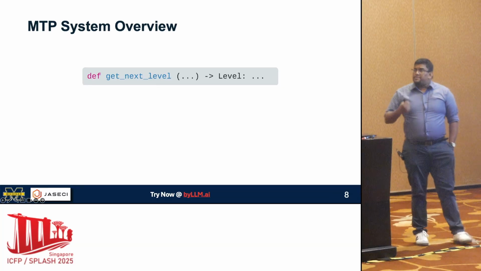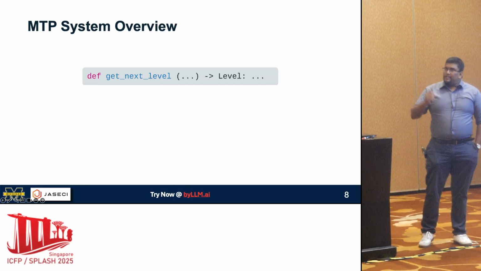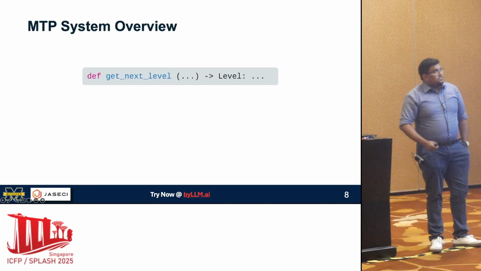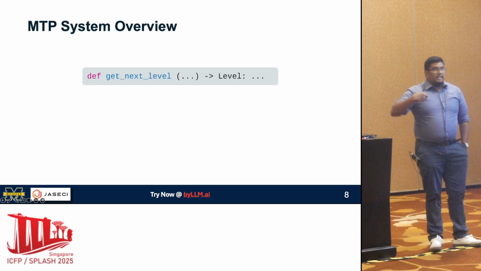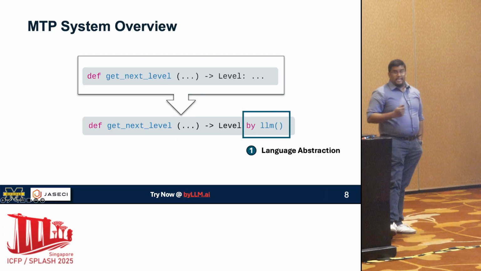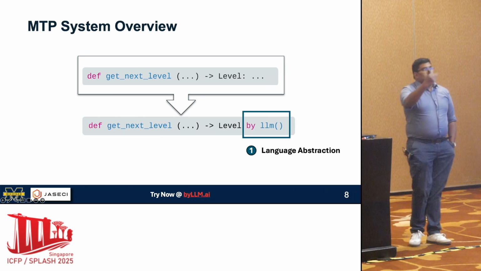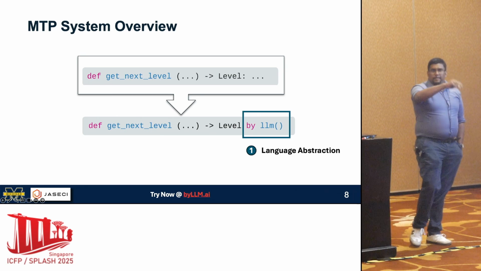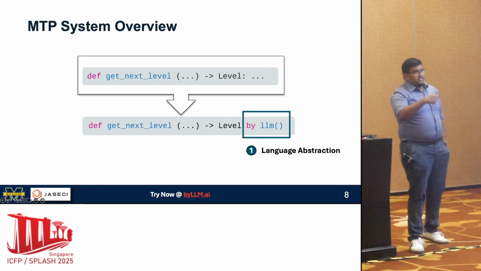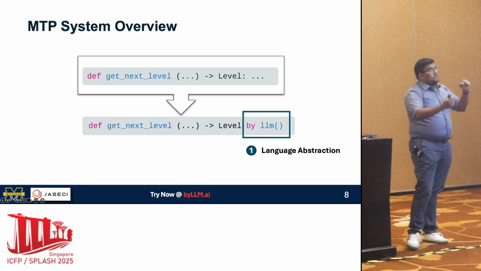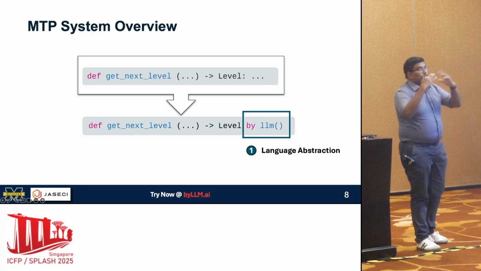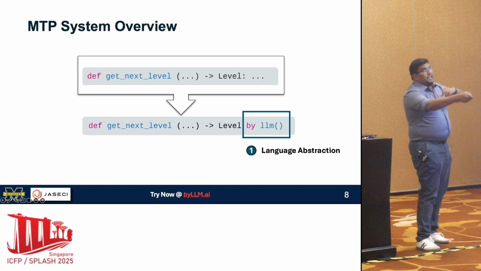We introduce a language abstraction so that a developer can just say to our underlying system, okay, I have this function, use an LLM to do its functionality. The abstraction that we introduce is the by keyword. So you have the level by LLM, and the LLM can be any LLM that you already have instantiated in your program, and you just say by LLM, and that signifies to our underlying system: this function, this context right here should be used to generate a prompt and do the inference with an LLM and provide the level typed